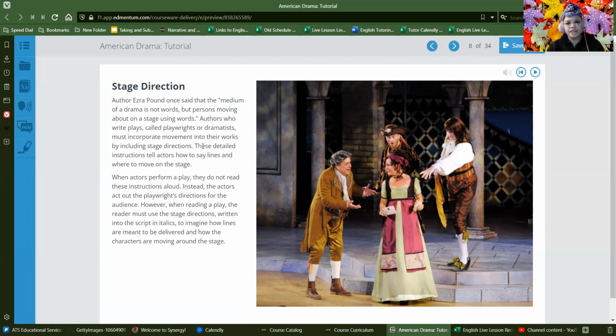So basically, because plays are things that you have to actually look over and memorize, there's instructions built in so that people have an idea of what it's supposed to look like on stage. We kind of see bits and pieces of this whenever we watch behind the scenes for something. When they film a movie, you have a director that will come out and say, oh, well, when I wrote this, I imagined this scene playing out like this. So could you say this in a different way or do this in a different way? But for written scripts, those directions are actually just baked in instead of a discussion out loud.